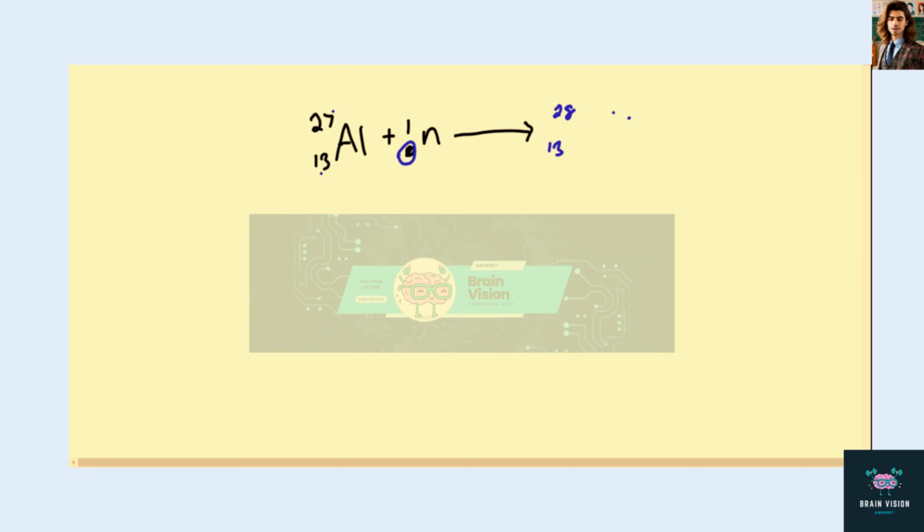Now with that, we see that it becomes 28 aluminum here. And so this is what it becomes. And then we go with this one. So we have 28, 13 aluminum. Then it undergoes a beta negative. And I'll write the reason why in just a second. And we see that. So it becomes plus 28. Okay. And then it's going to be 14 Si